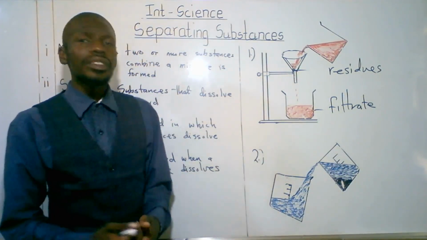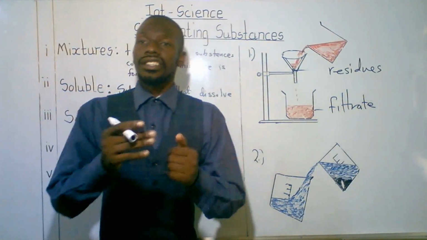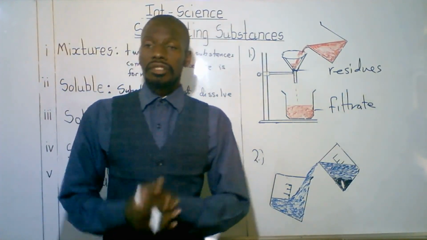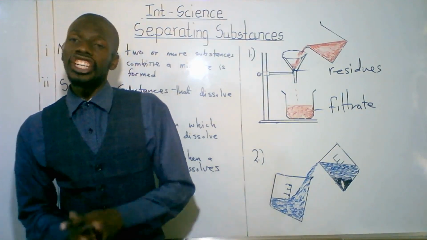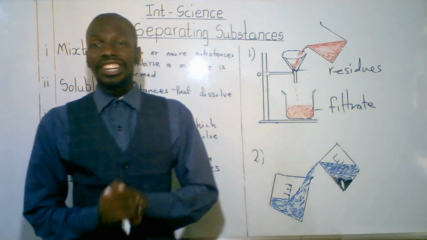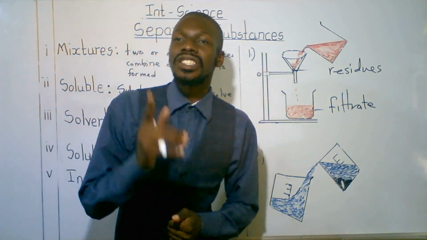Apart from these two, we've got other methods that we can use to separate substances or mixtures. One of them is evaporation. We can use evaporation to separate substances. Apart from evaporation, we can use magnetism as well to separate